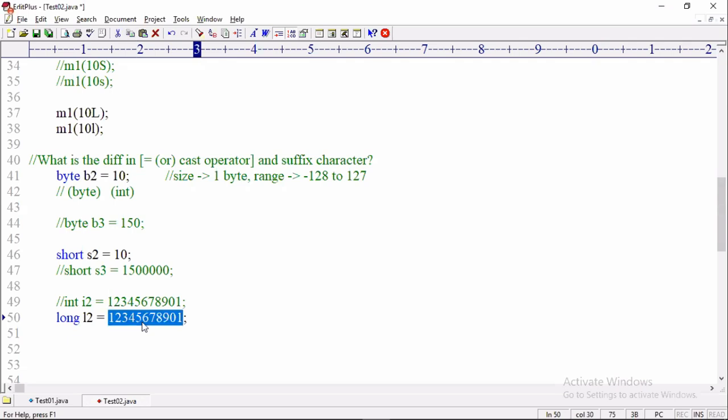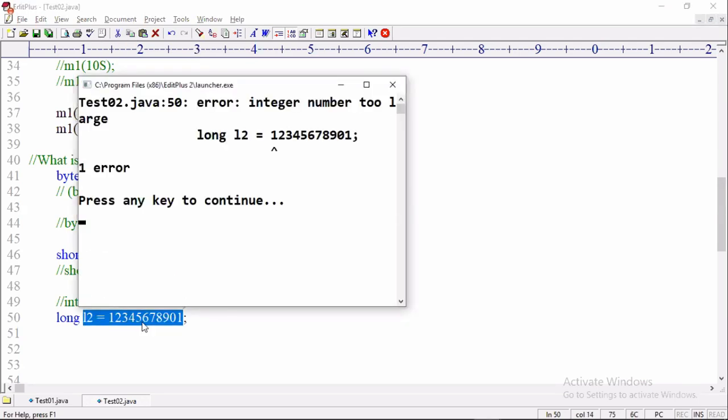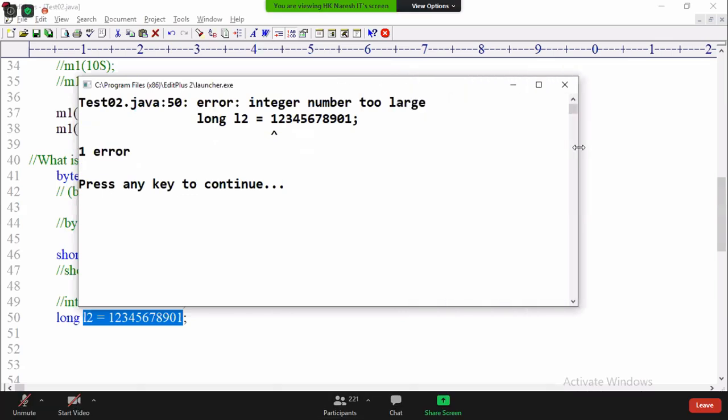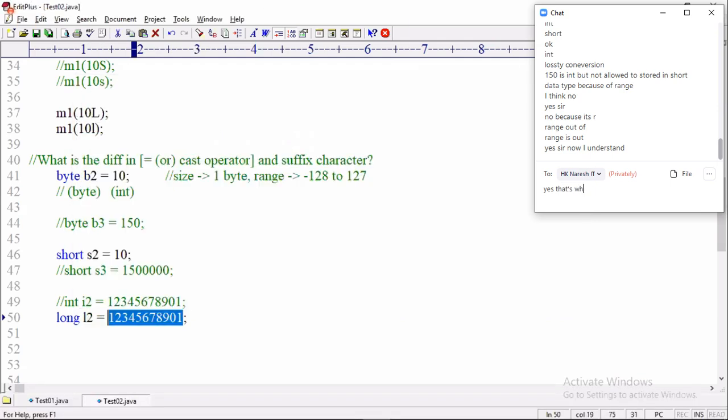This number is not in the range of int. Even if you assign it to long, the compiler will throw an error: integer number too large. Everyone got clarity? I should tell the compiler that it is a large number and it is in the range of long.